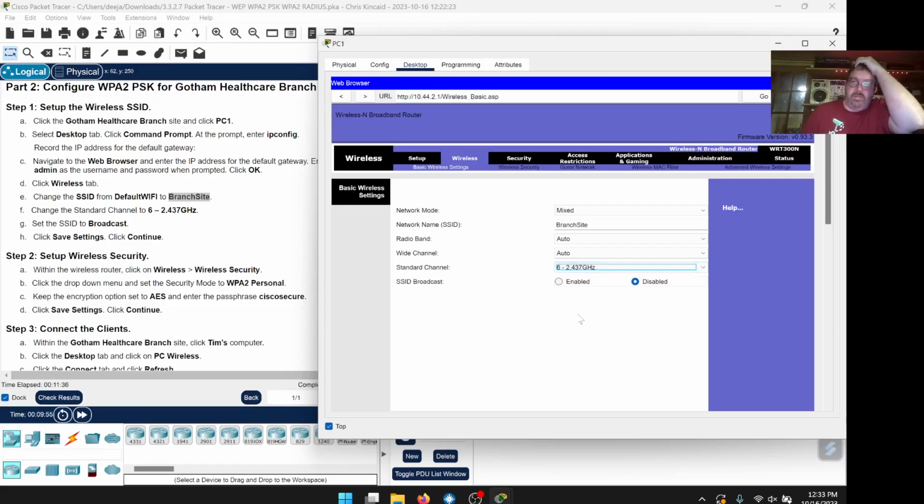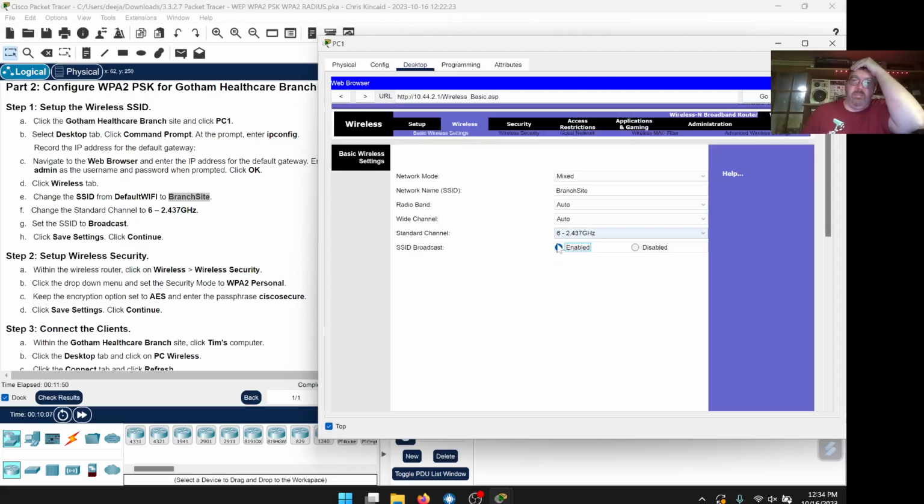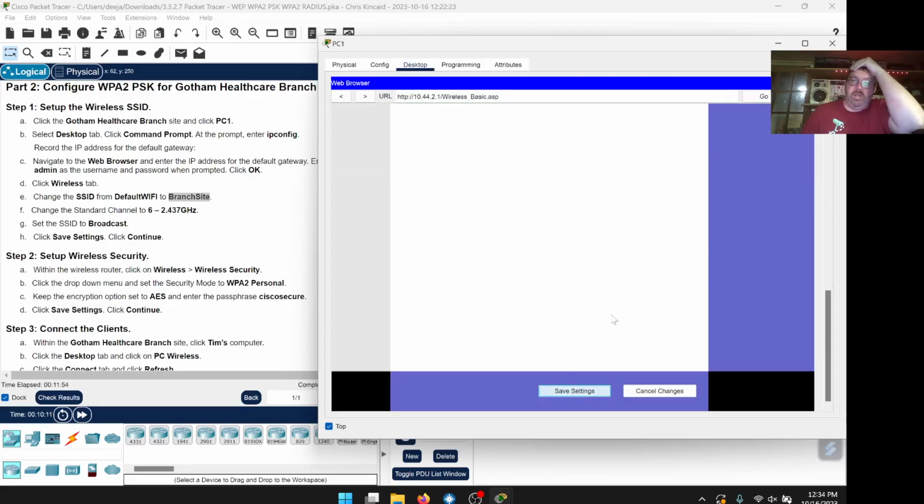Standard channel to 6. It's part E and F. And G, set the SSID to broadcast. So just like the other one, there's no actual broadcast option. We're going to enable the SSID broadcasting by clicking that enable button. Then we click save settings and ignore the click continue